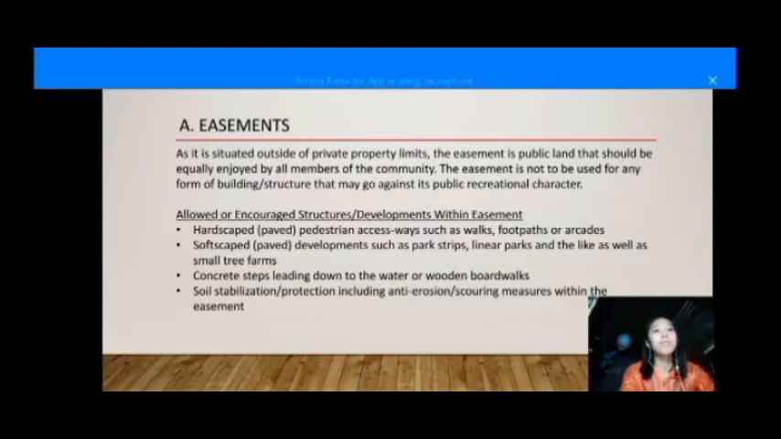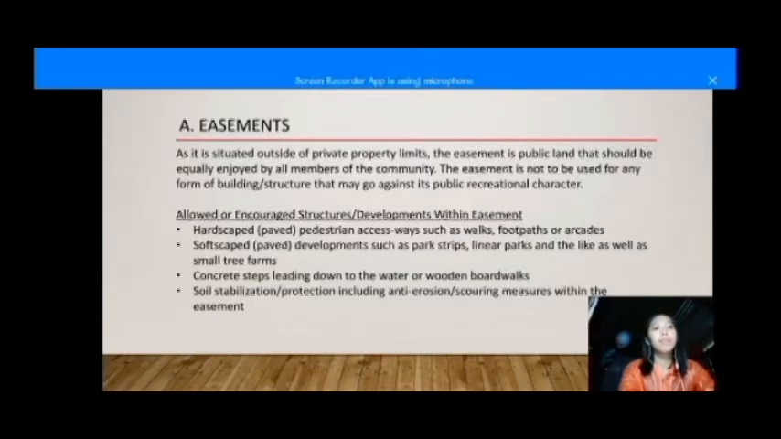The easement is not to be used for any form of building or structure that may go against its public recreational character. The allowed or encouraged structures within easements are hardscape pedestrian accessways such as walks, footpaths, or arcades, and softscape developments such as park strips, linear parks, and the like, as well as small tree farms, also including concrete steps leading down to the water or wooden boardwalks, or soil stabilization or protection, including anti-erosion scouring measures